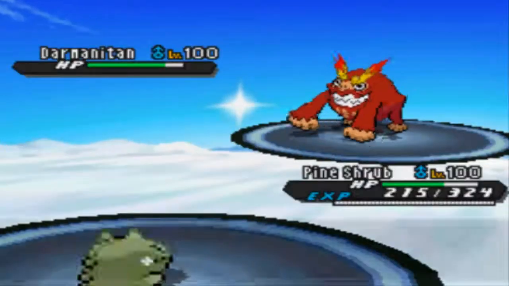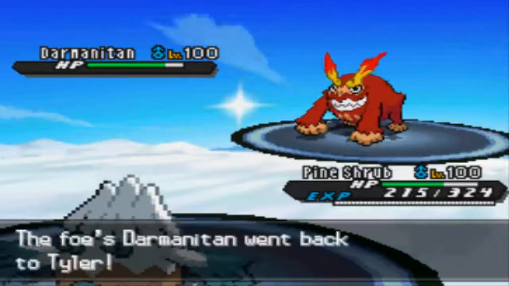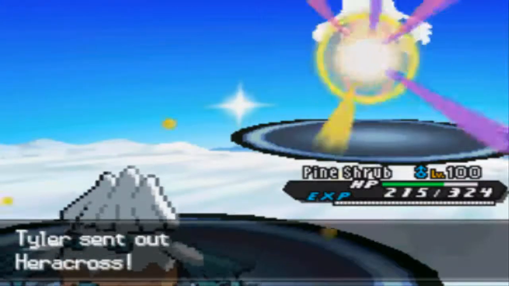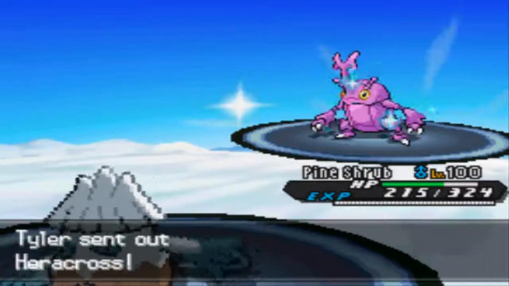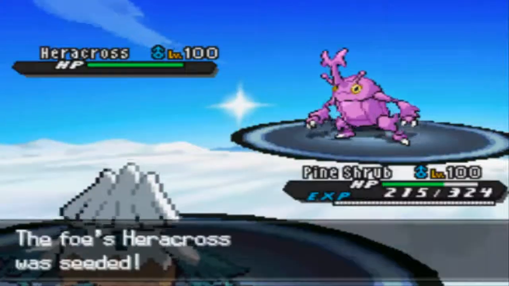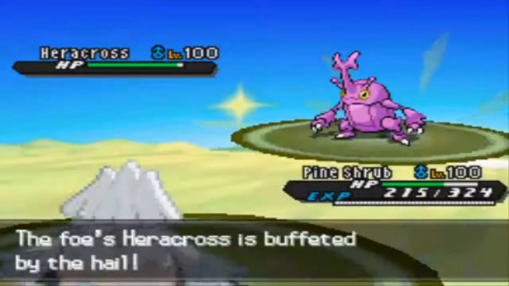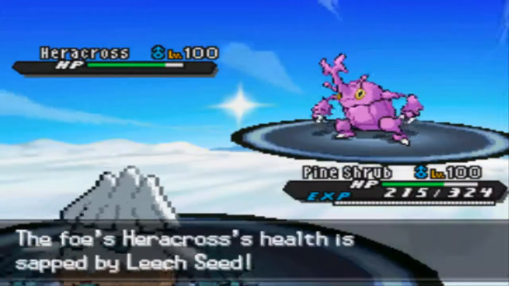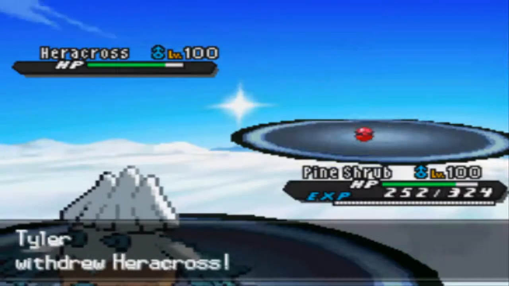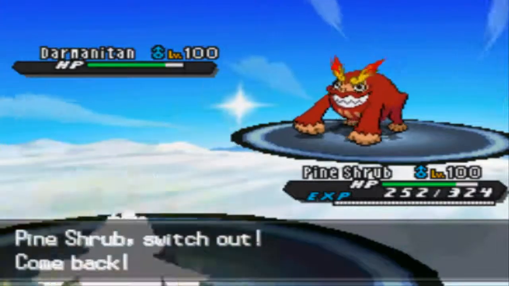So he goes for the U-turn here, and I just decided to go straight for the Leech Seed because I do need some more HP on this Snover, and he's going to end up U-turning out to his Heracross here, and that's fine with me because I can still go for the Leech Seed, get some much needed HP off of this thing, and then I'll be able to switch out to try and counter this Heracross. And he's going to withdraw here and go out to his Darmanitan again for whatever reason,